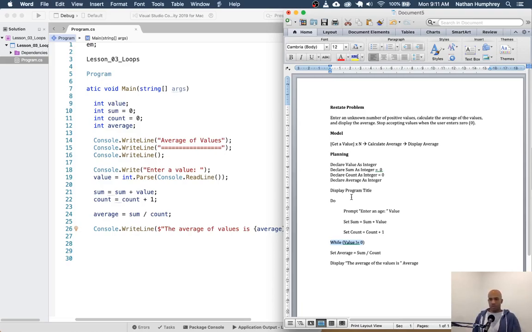There's not a lot to do. So this is going to work, I think. Okay, so we can say do the following: enter this, add it to this, this, and that, and keep doing that while the value is not equal to 0. There really isn't anything else to say here, except that when the user enters a value of 0, we're going